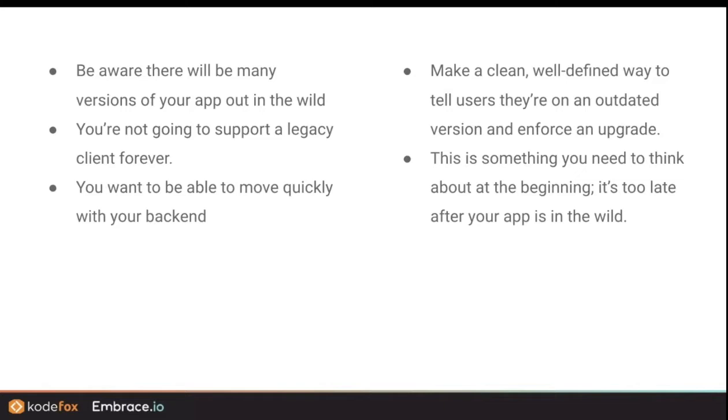And so I think the correct approach there is to make a clean, well-defined UI that just tells users, if it receives some signal from the server, if the server says minimum supported version is 2.1 and they've got 1.8, that this thing will pop up and display it. And this is something you have to think about at the beginning, because if you don't put that screen in the app, if you don't think about versioning and deprecation early on, you can't add that later, because those apps are already out there. They're already on people's phones, right?